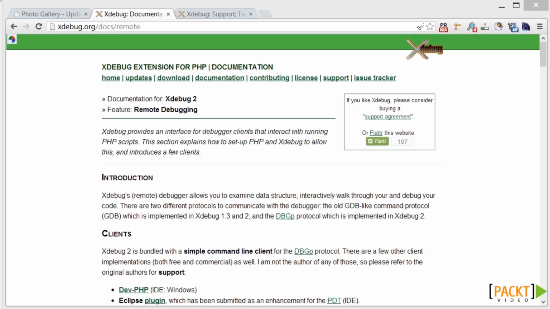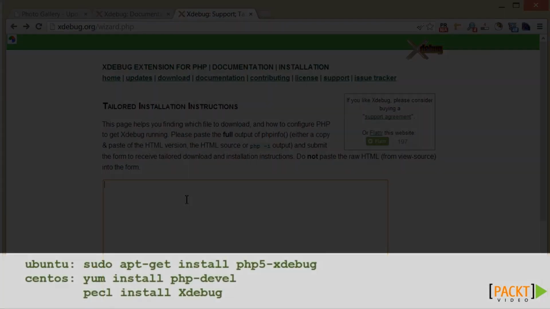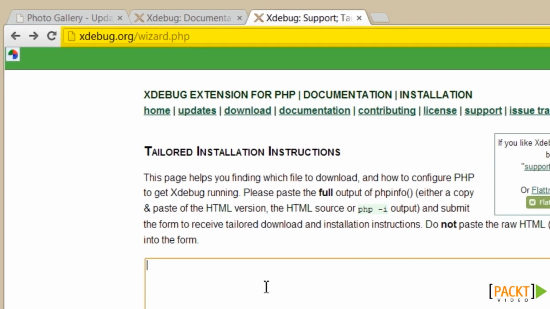If you haven't already got Xdebug installed, then you'll need to download the appropriate executable from the xdebug.org website. Or on a LAMP system, you could use apt-get install php5-xdebug. Whichever system you're using, the installation wizard